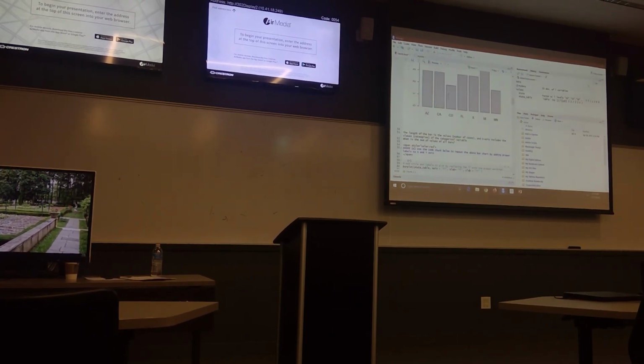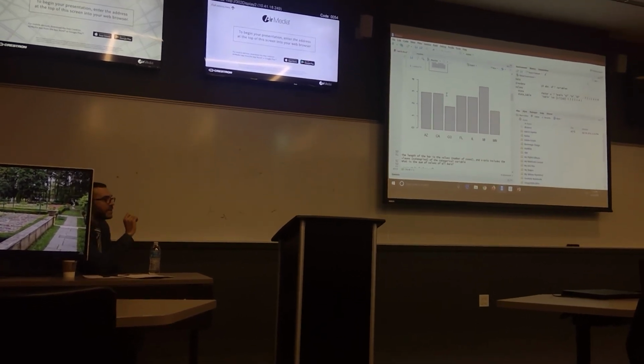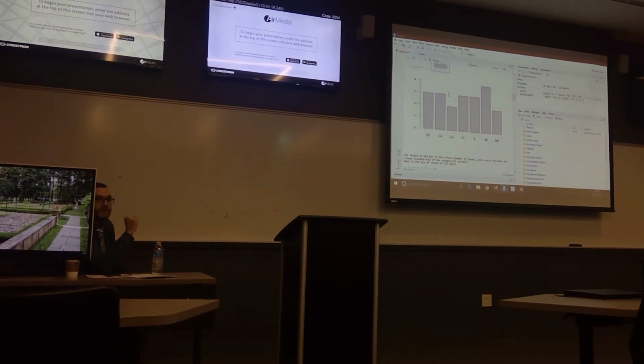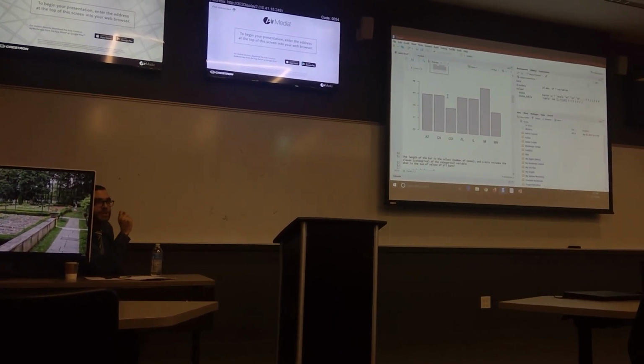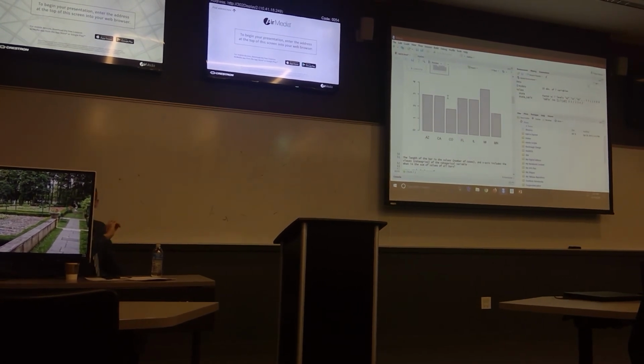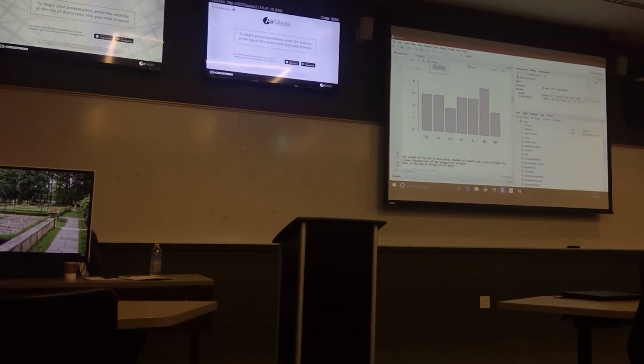So as you can see, another feature or function that you can use in data visualization is sorting. Sorting is very, very important. Looking at this chart like this can tell you some information about the frequency.